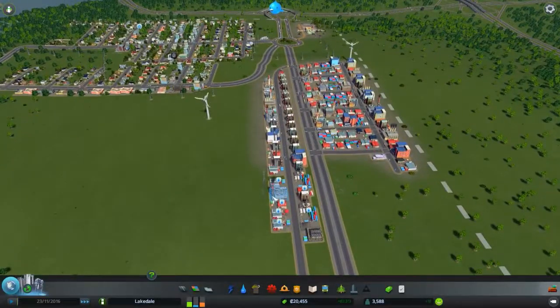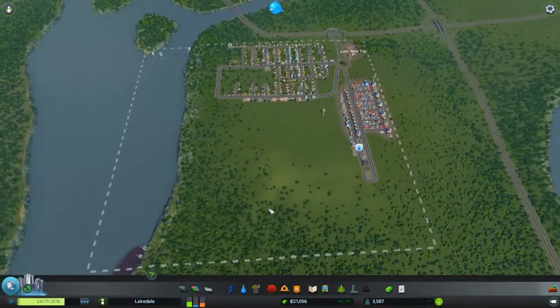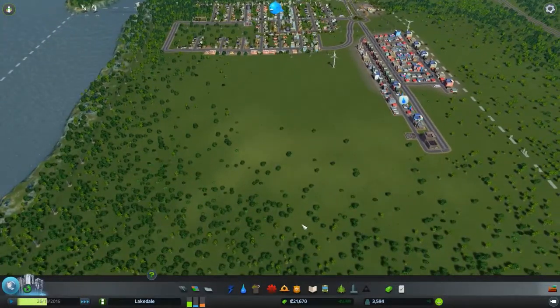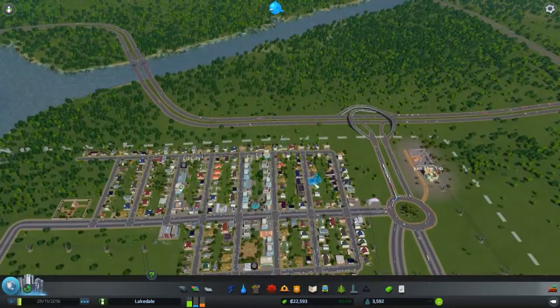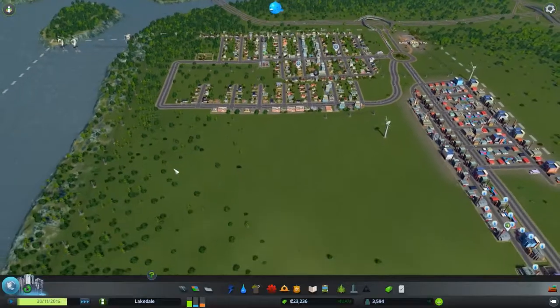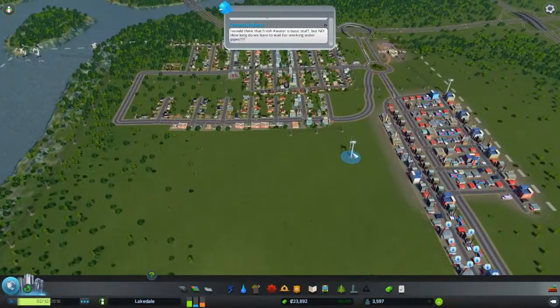Okay, so as those guys continue growing out and doing their thing, let's try and work out how I'm going to do my new residential zone, which is going to be down here. And I don't want it to be too close to the industry either, because that's never a good thing. So I probably should just branch off this road that we've got here. And actually I want to move this